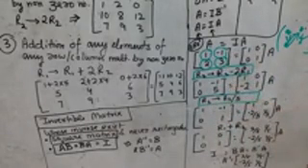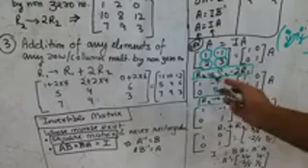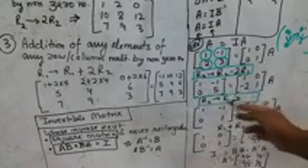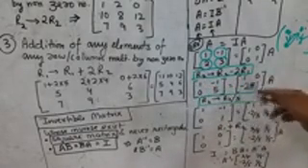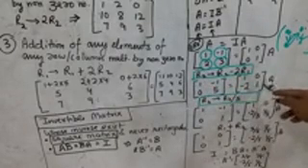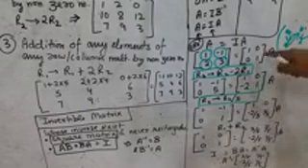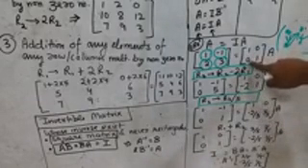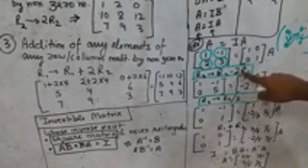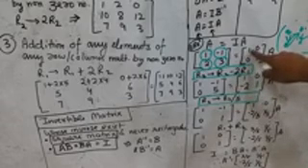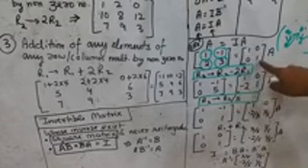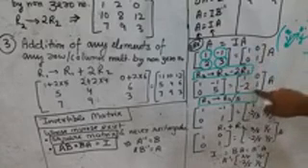Remember that we always make a mistake. We apply the operation on this side. Remember to apply the operation on the other side also. Normally we forget to apply the operation on both sides. So this side also, the second row element is subtracted by twice of R1. This minus twice of this becomes minus 2. This minus twice of 0 becomes 1, remains the same.